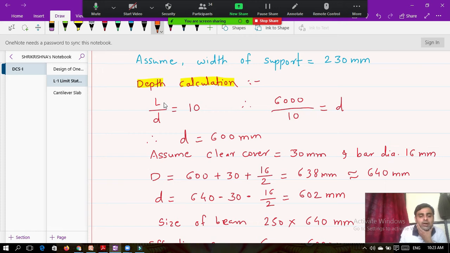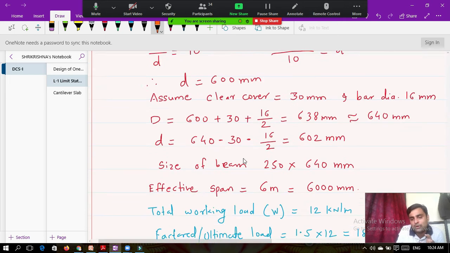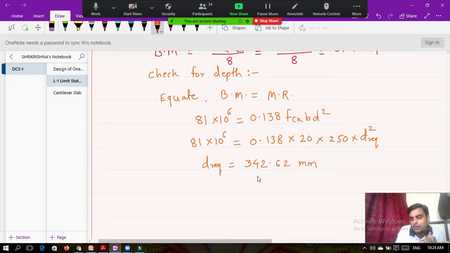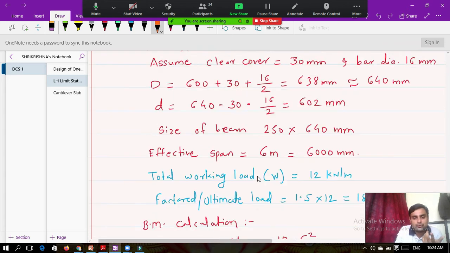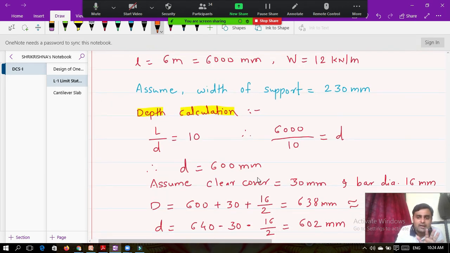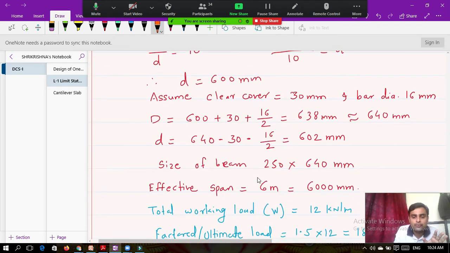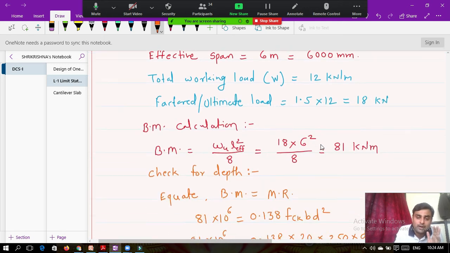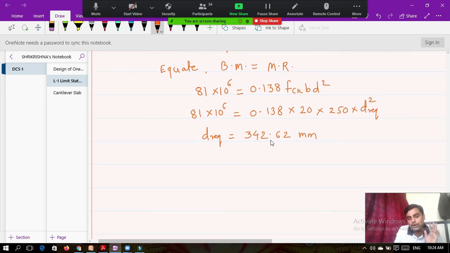So here I have told you initially, sometimes L by D ratio can be also taken as 15. It varies from 10 to 15. Here if you take L by D ratio as 15, then your depth will be nearly equal to 400, and then your section will be economical because your required depth is 342 and you are providing 400. That can be also done at the start, but let it be, this problem is not wrong, still it is right. But the only thing is that our section is now uneconomical because we are providing the effective depth 602 mm, which is far greater than the required depth 342. Clear? Now for our exam point of view it is okay.